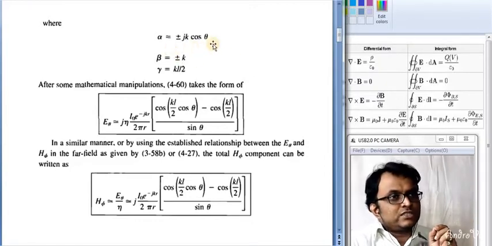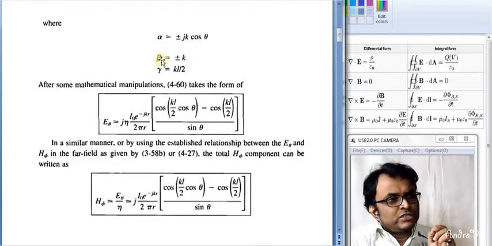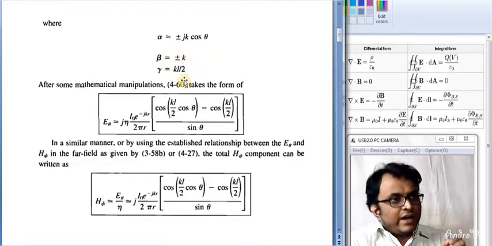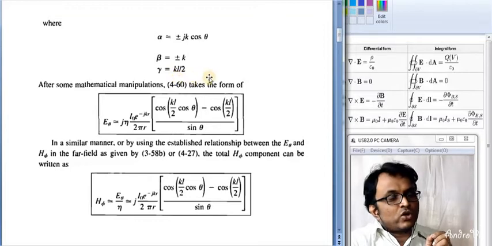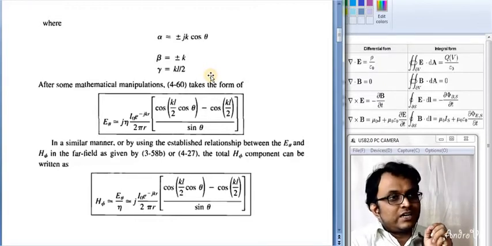The attenuation is given by the propagation factor, whereas the wave factor is almost equal, or you can say the same, for the TEM mode, the propagation constant, and therefore the gamma value of this becomes k into L by 2, where L is the length of the antenna. Here we are talking about the dipole antenna, meaning the lambda by 2 dipole antenna, which is known as a Hertzian dipole antenna.